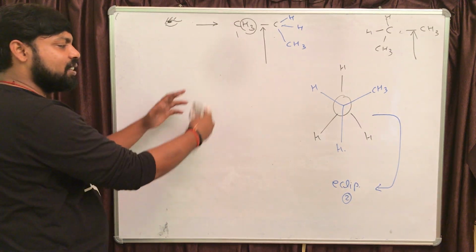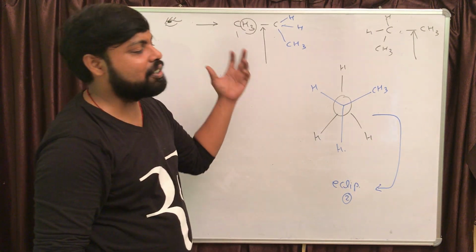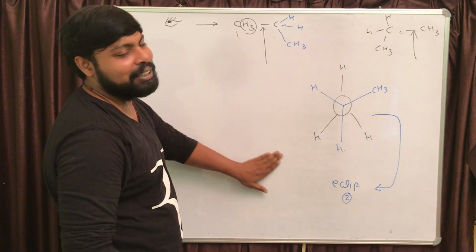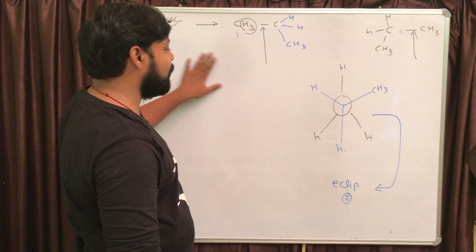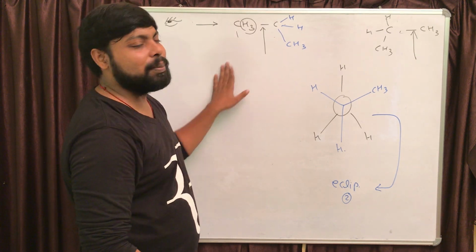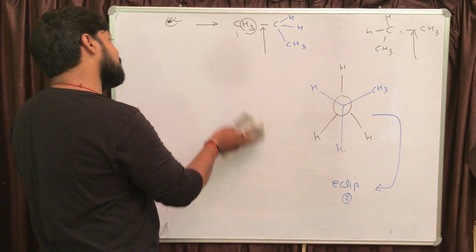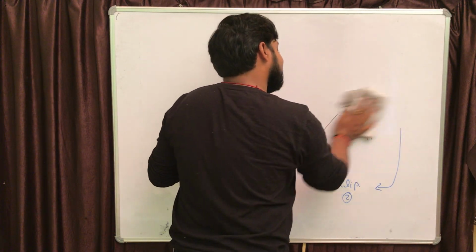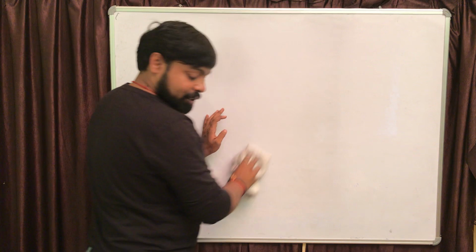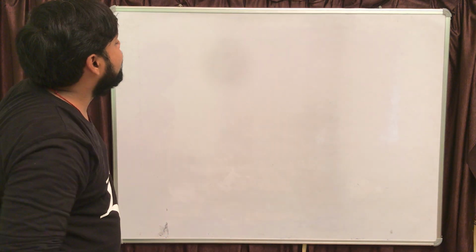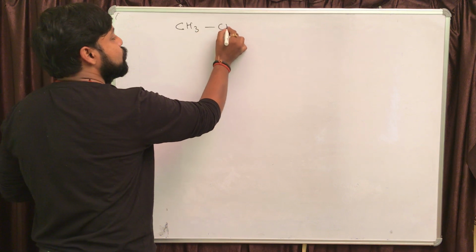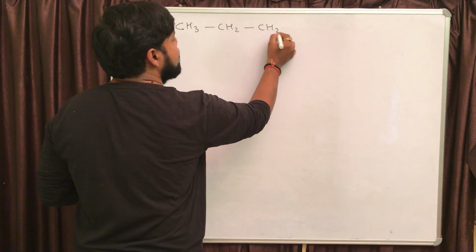You can complete this case by drawing the energy versus dihedral angle theta graph, right? You just complete this case because I am not going to complete it. It is very similar to the previous case, right? So you just complete it. Let's take the next case. Next case is of butane, CH3, CH2, CH2 and CH3.